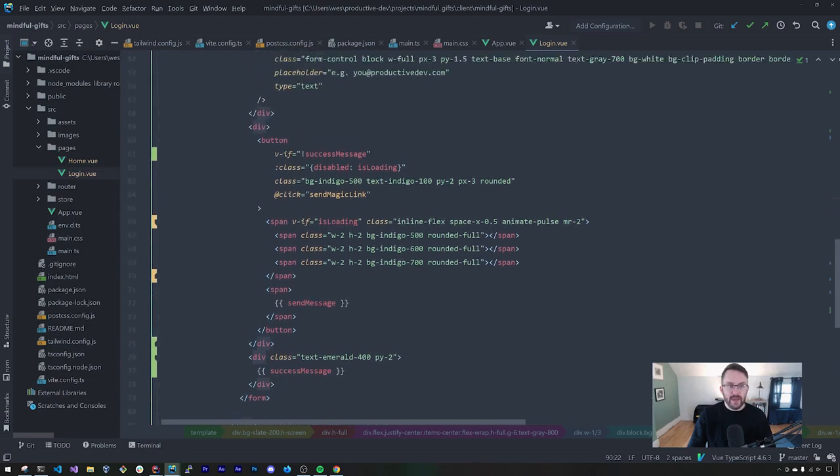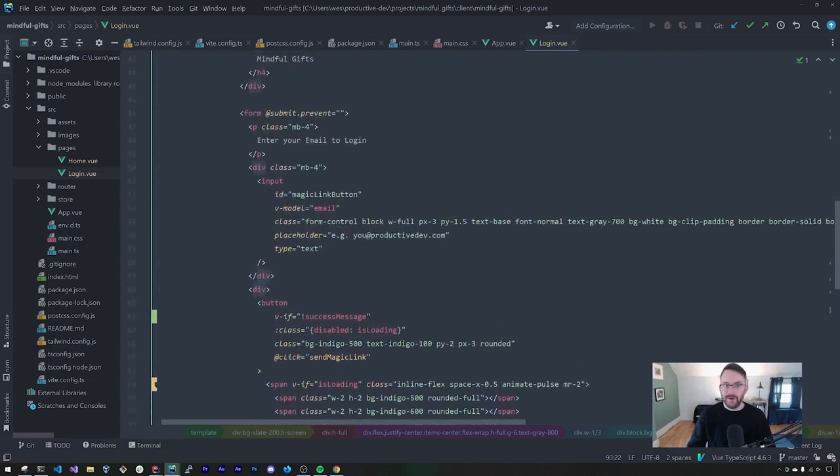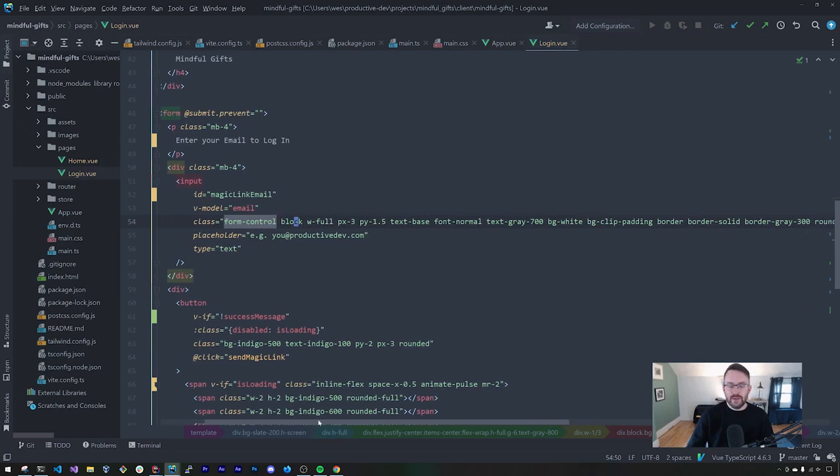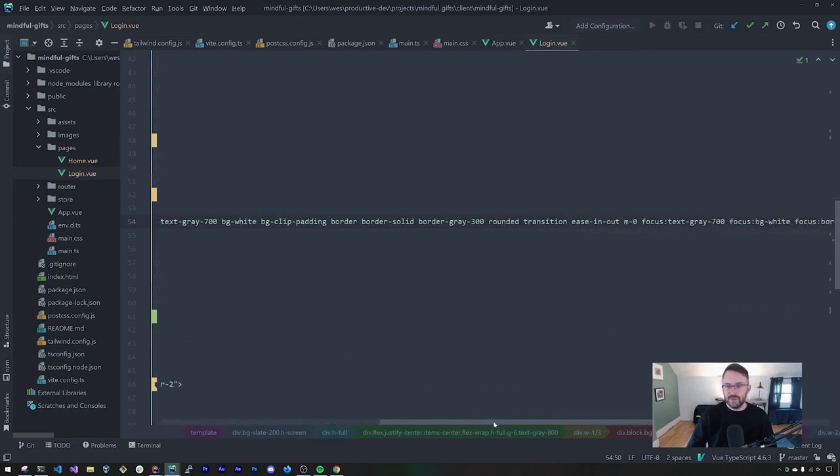If we take a look at the main part of our login form here, we send the user a message to enter their email to log in. And this should actually be 2 words. And we have our input field here, our magic link button that has a v-model, so some data binding to the email. I want to call this ID something else besides magic link button. We could call this magic link email. And then quite a bit of Tailwind classes here to create the particular input that we're looking for,